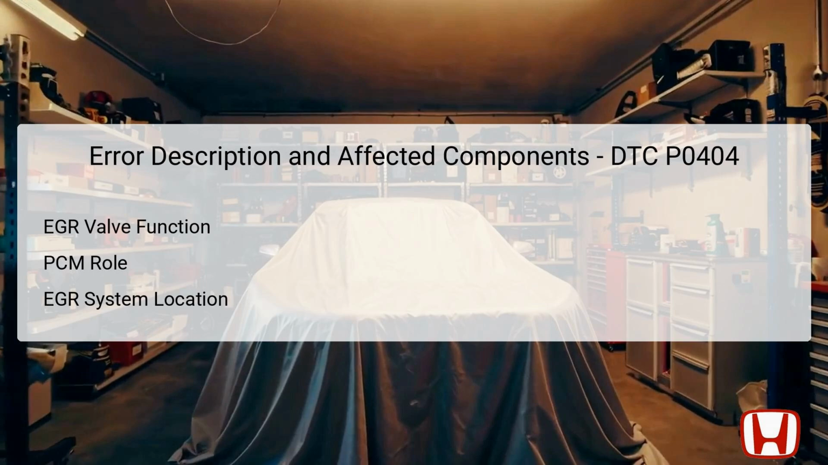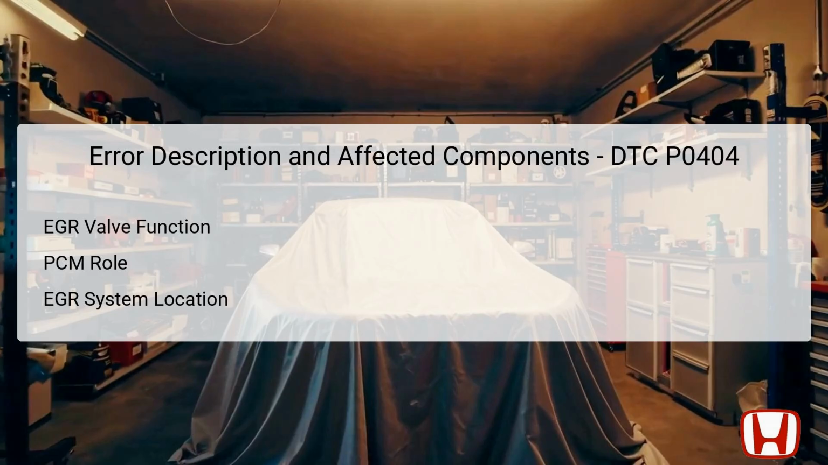The EGR, or Exhaust Gas Recirculation valve, plays a critical role in reducing emissions by recirculating some exhaust gases back into the engine combustion chambers. This process helps lower the nitrogen oxide, NOx, emissions and improves engine efficiency. Located typically between the intake manifold and exhaust system, the EGR valve is monitored by the PCM, which stands for